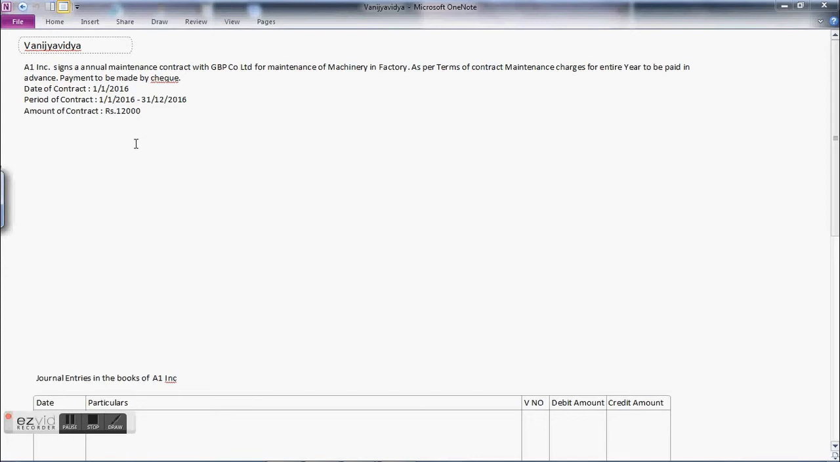is 12,000 rupees. Now A1 Inc. has signed a contract with the GBP Company Limited. For what? Maintenance. AMC we usually call it, that is annual maintenance contract. So as per the terms of contract, A1 Incorporated has to pay GBP an amount of rupees 12,000, to be paid on